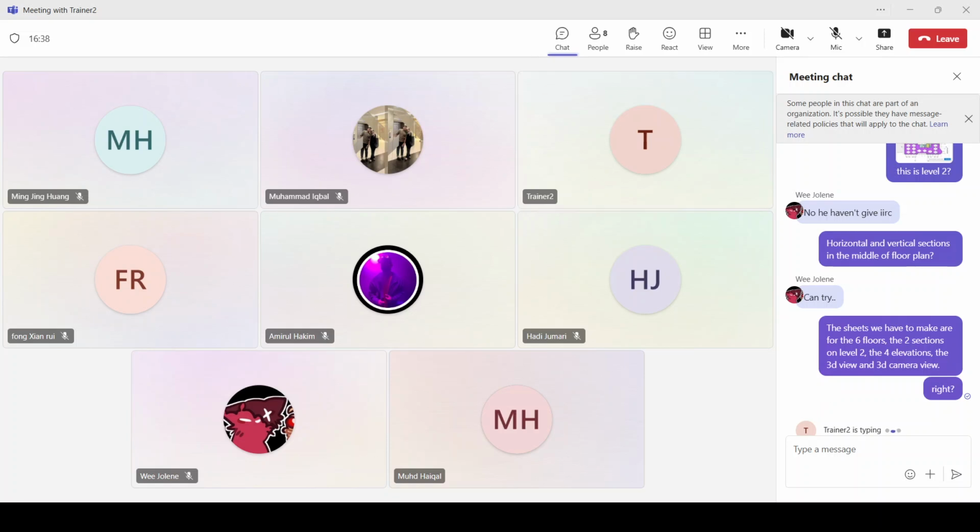And create a color scheme with room number, right? Then create 4 elevations.